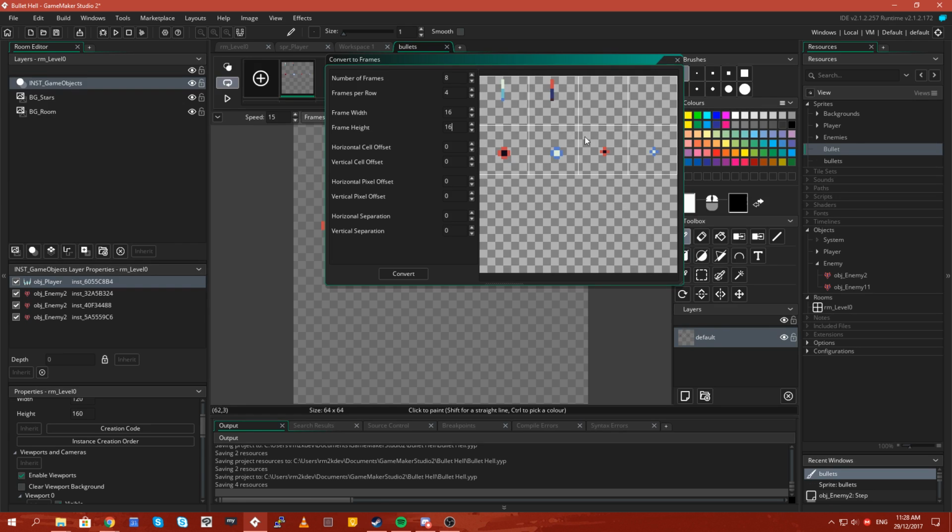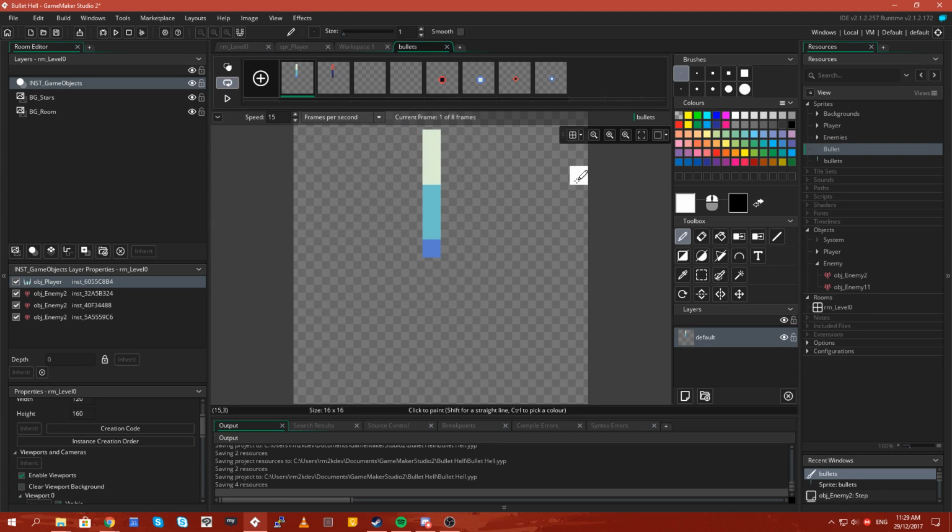Maybe they are 15 by 15, because 15 puts them in the center if they have a horizontal offset of 1. No, it doesn't actually. Spacing of 1. But then the bottom row is no longer centered. I don't know if it's just me and my bad maths, or if this artwork isn't actually lined up correctly, but I'm just going to go with it for now. I'm just going to say that I'm happy with that and leave it.